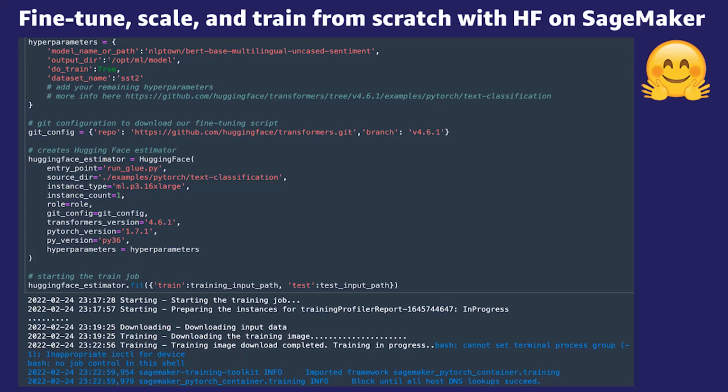So the dataset name is especially relevant when you are using a dataset that's coming from the hub. So remember, the Hugging Face hub has pre-trained models, has tokenizers, and has datasets, all of which you can easily download. If you are using one of those and you pass it here as a hyperparameter, the SageMaker training container will download it from the hub on your behalf during training.